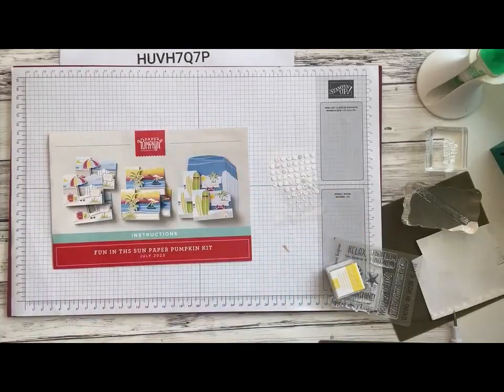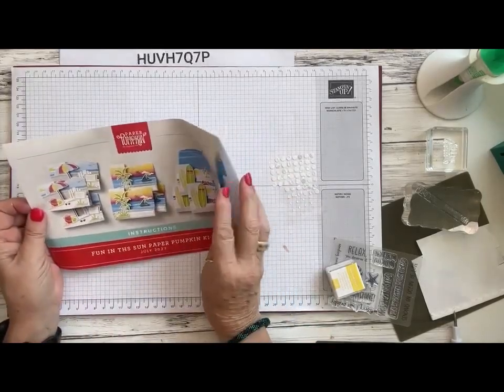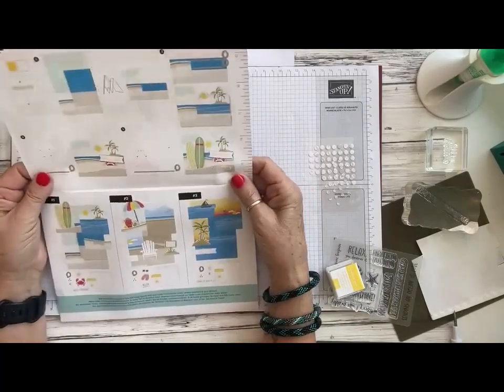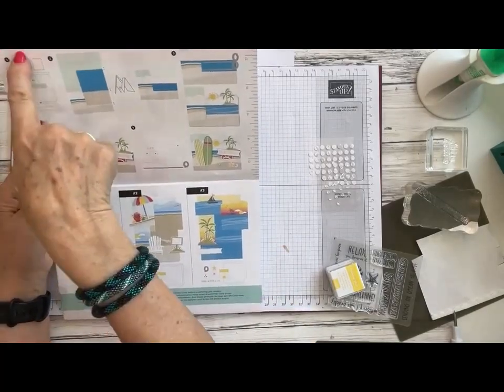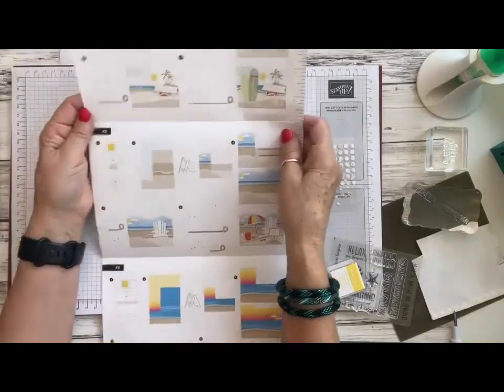Okay, now with these, the kit here is designed to make fun folds, and I want to show you how you fold the card to get it to go, because it can be a little confusing. But typically what they do, normally it's not, but I think this one's a little confusing, at least for me it was. So they will show you, there's 3 cards, so card number 1, card number 2, and then card